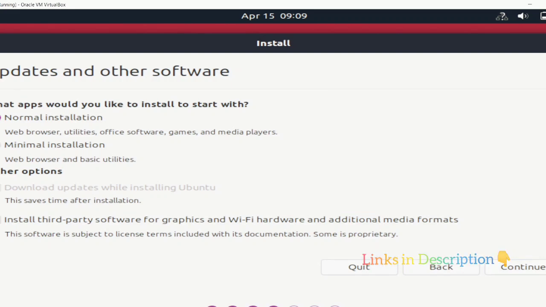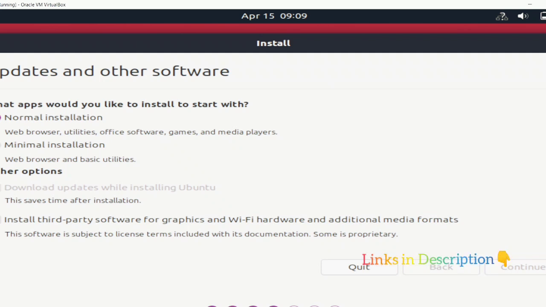After clicking normal installation and continue, we need to choose the location. It's loading. It's taking time because it's loading. Just wait for a few seconds.